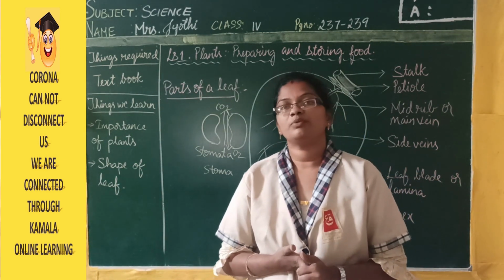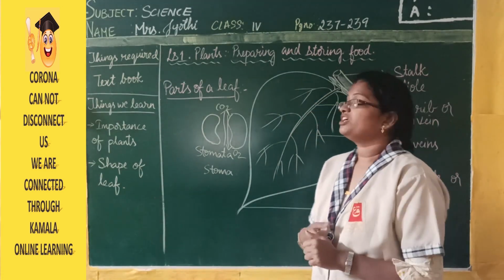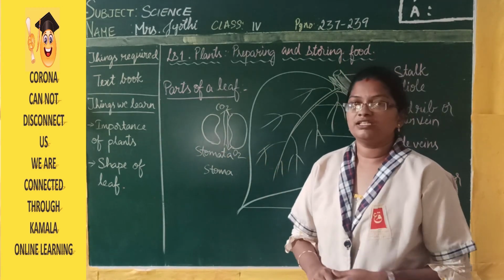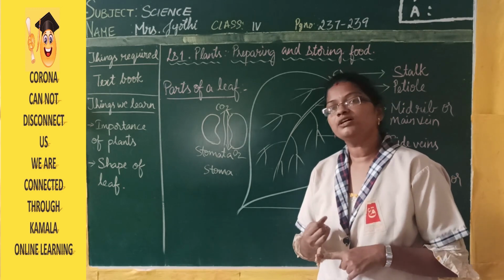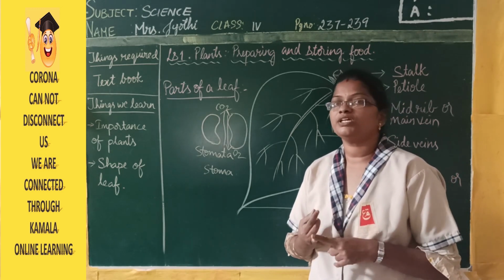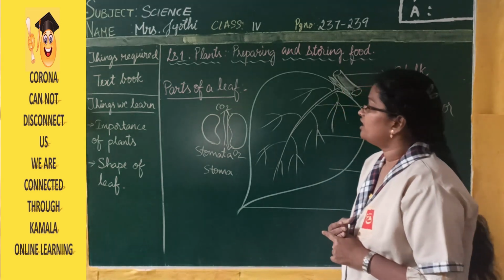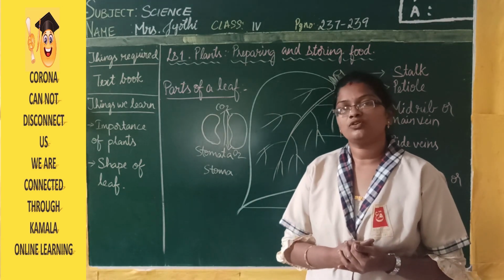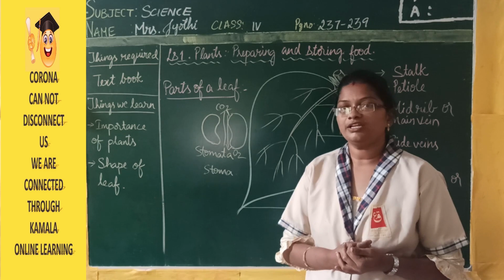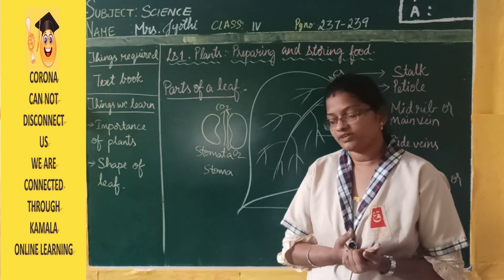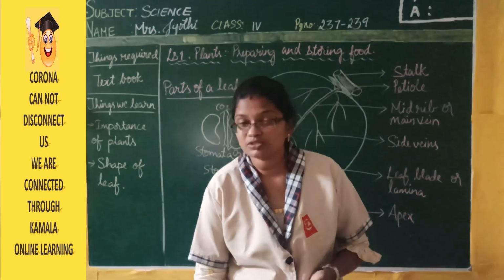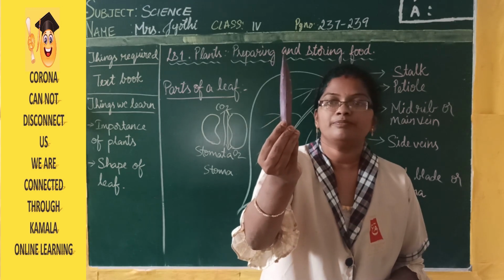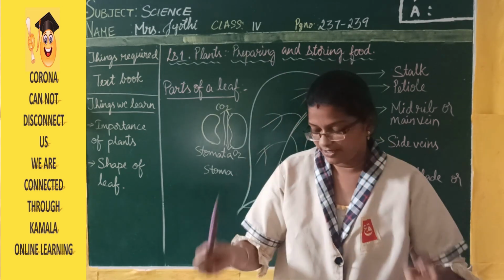So once again let me tell you about the whole lesson. In this lesson we are going to learn about plants preparing and storing food. The importance of plants we have learned. They are going to provide us food and give us air to breathe. They are going to give us oxygen. We have already learned that plants have a pigment called chlorophyll, and that is why they look green in color, isn't it? I showed you one example also, like this plant. It's green in color on the front side and on the back side it is purple in color. So on the back side chlorophyll is absent.